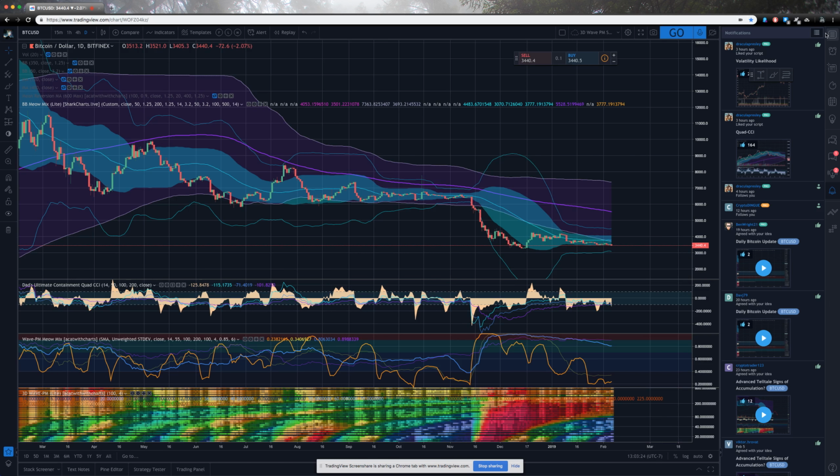So if we take a look at the 4-hour chart, beautiful. You'll notice all our CCI periods are weighted to the downside. We talked about this signal right here on yesterday's live stream with the CCI roll, but we did state there wasn't quite enough mass to actually take it seriously for the quad CCI strategy. However, with the significance of the trend, it appears that signal actually did work out for a good short entry. And now it looks like we are tagging the 3.2 standard deviation right here.